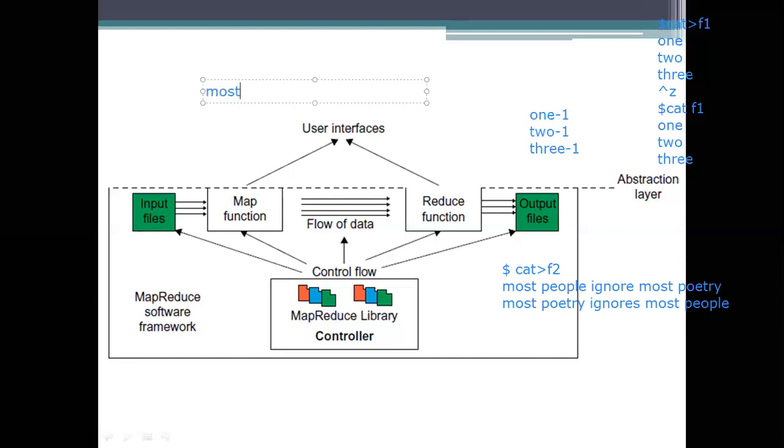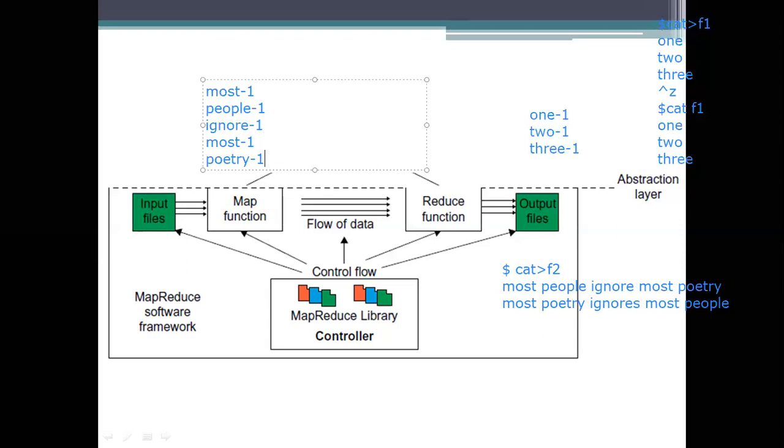It uses most, then people, then ignore, then most again, and then poetry. So that is the first line. Before going to the second line, just see how many times each has been used. We are not counting or combining here. Simply we are getting the elements we are choosing. We are splitting up the elements of the first line. At the first representation, we consider this one as a one only.